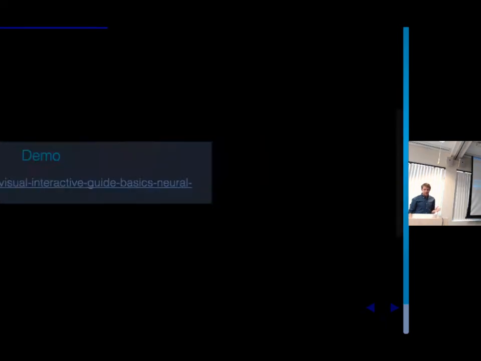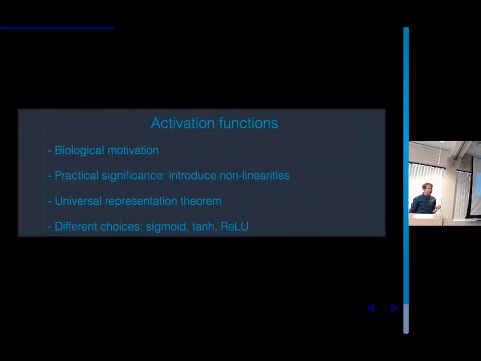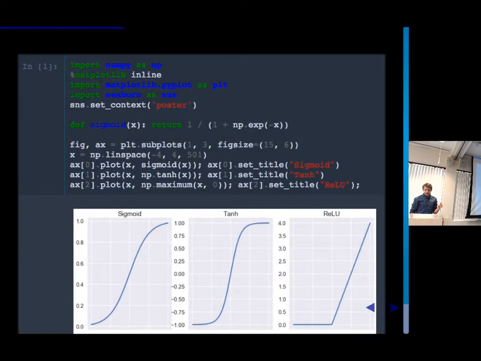I don't know what the proof of that looks like. I think it's somewhat complicated. But basically you just need to know that that is true, and that's the overall motivation for why we want to use these nonlinearities in our network: we want to be able to produce a nonlinear function as output.